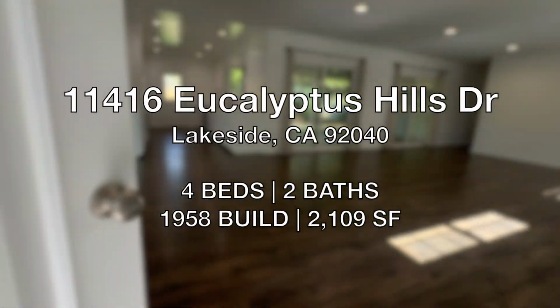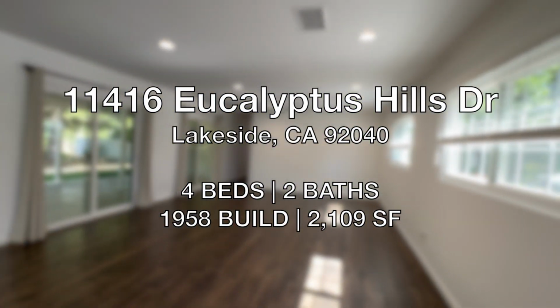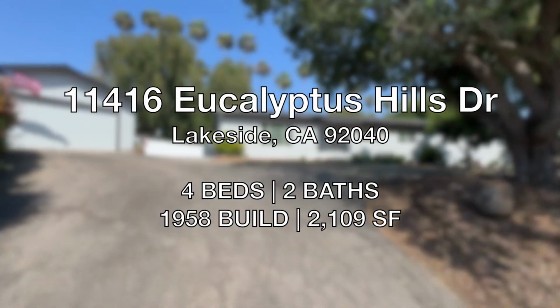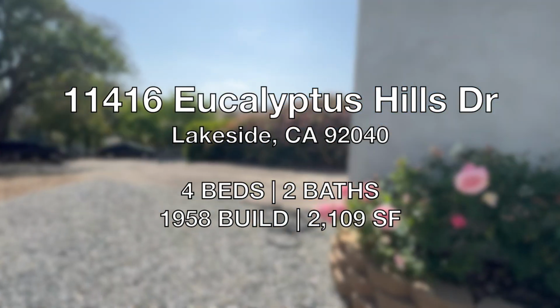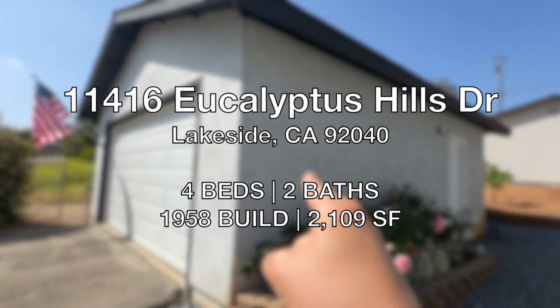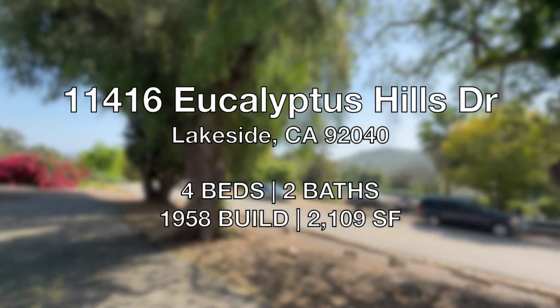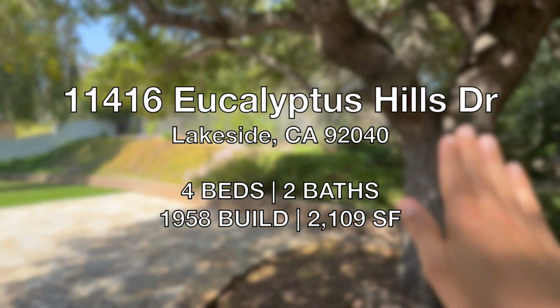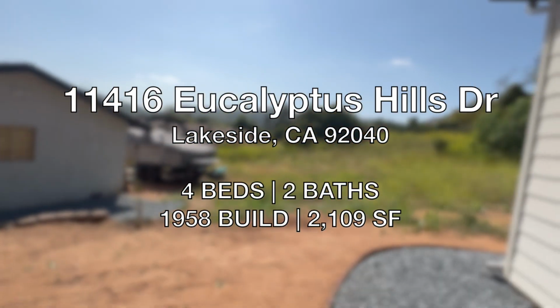Today we're going to be going inside 11416 Eucalyptus Hills Drive, which is a charming, renovated 4-bedroom, 2-bathroom, single-story house with a multiple ADU development or conversion opportunity built in 1958 with 2,109 square feet on a peaceful and private 1-acre lot here in the Eucalyptus Hills neighborhood within the city of Lakeside